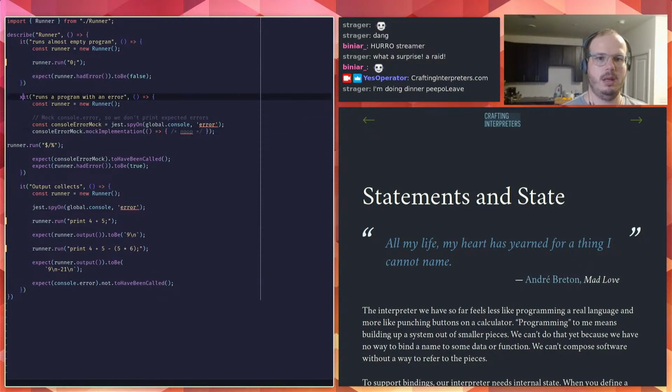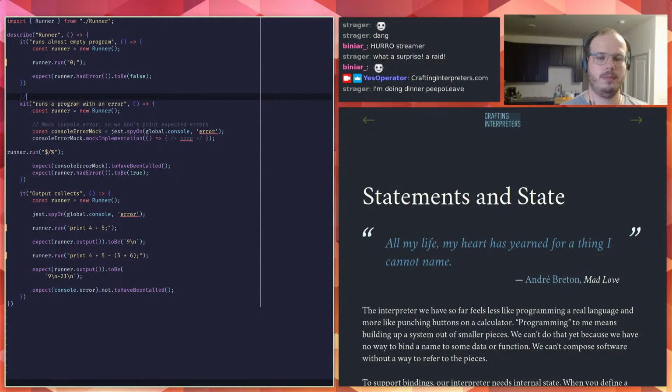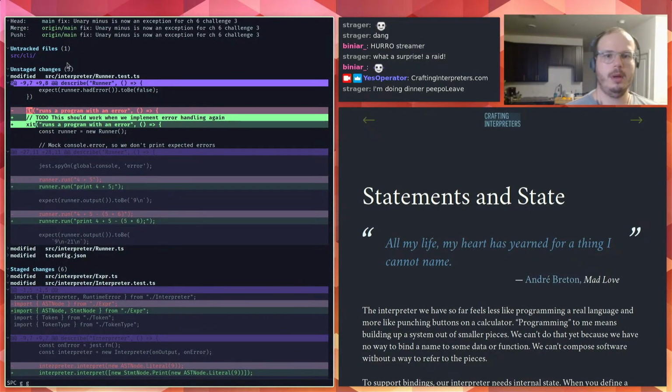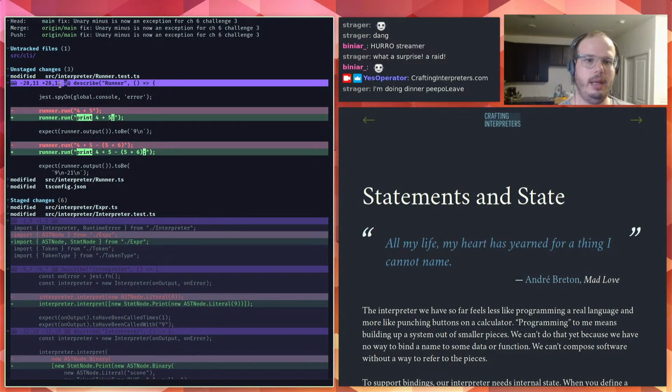And then skip it. Okay. That's that. And of course we need to print to get output anymore.